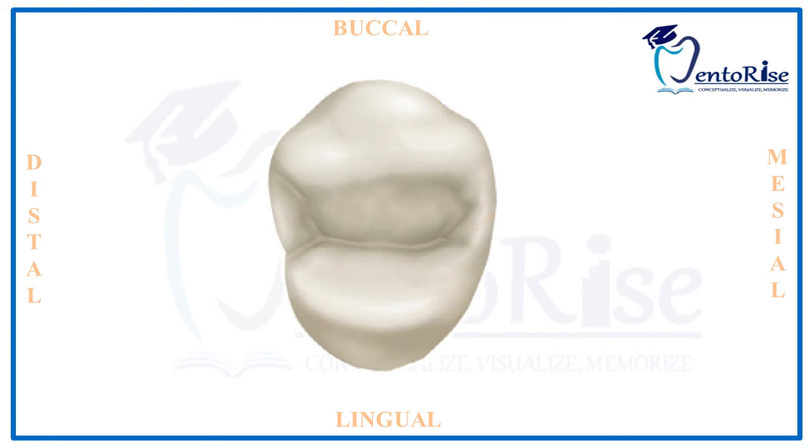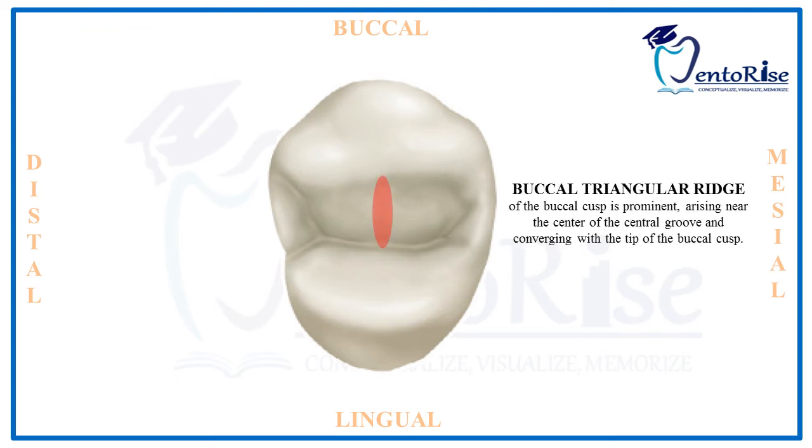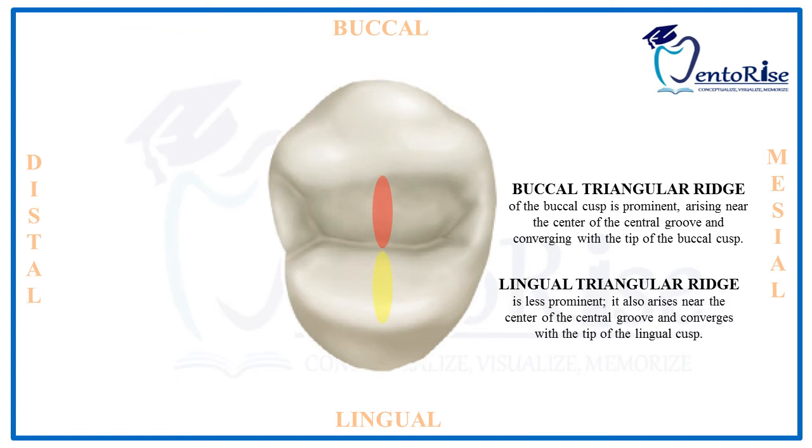From our video on landmarks on tooth surface part 2, that is the ridges, we discussed that a triangular ridge starts from the tips of cusps of premolars and molars and then descends towards the central part of the occlusal surface. Therefore, for a permanent maxillary first premolar, we have two triangular ridges, that is the buccal triangular ridge present on the buccal cusp and the lingual triangular ridge present on the lingual cusp. If we compare these two ridges, we would note that the buccal triangular ridge is more prominent as compared to the lingual triangular ridge, which is less prominent.